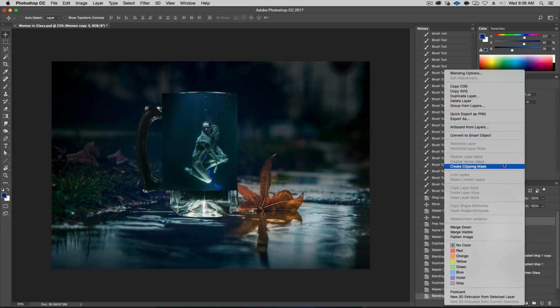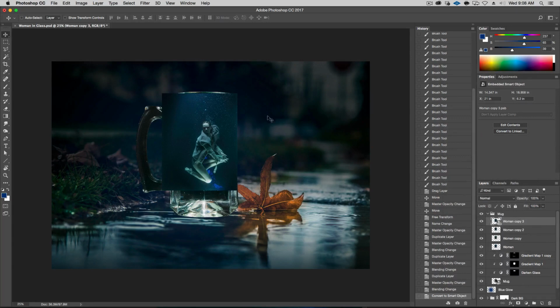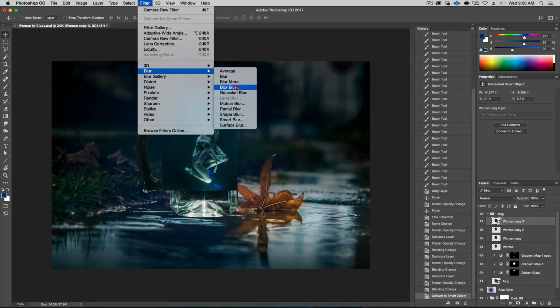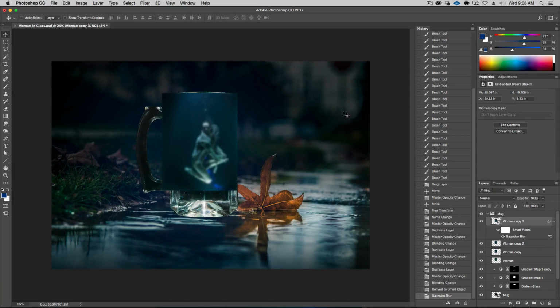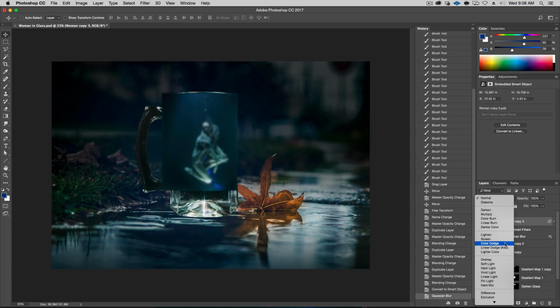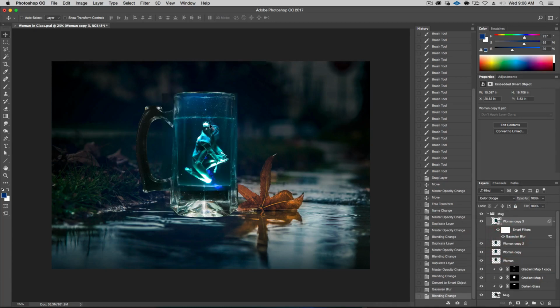And this one, however, we have to turn into a smart object, and the reason for that is we're going to apply a Gaussian blur of about 10. I'm trying to give a bit of underwater lighting. With this blur, let's do color dodge. You see how it kind of burns some of these areas out. I don't want it too much, and if you look at before and after, it's a little too strong in some areas. But maybe if we tone this down, say 80, something like this.